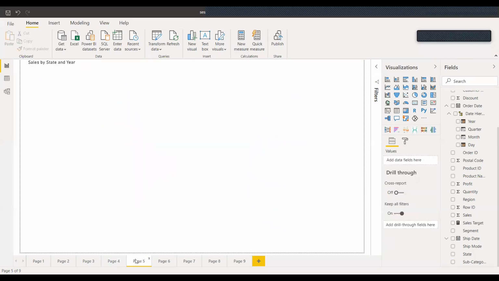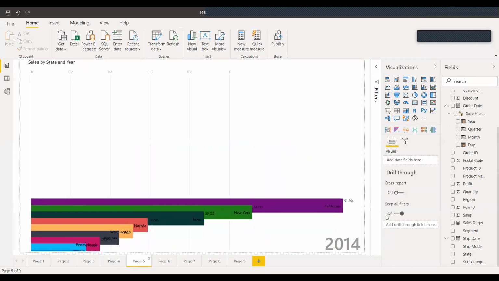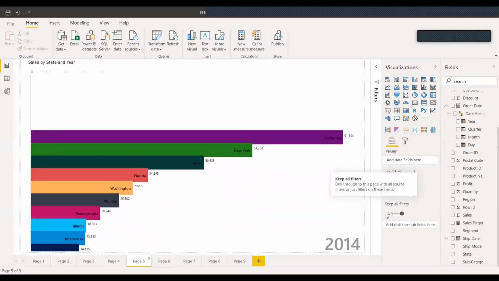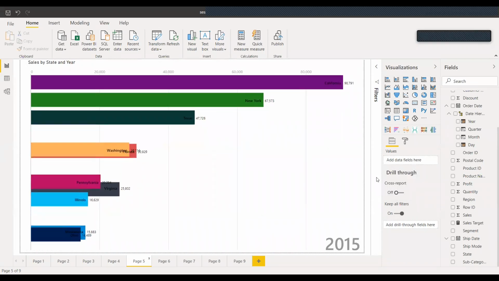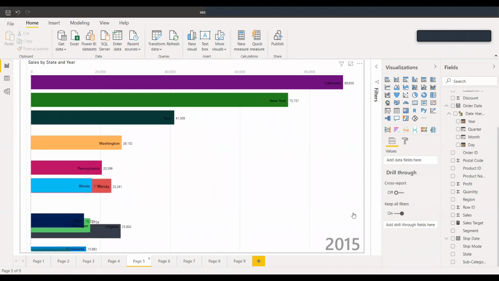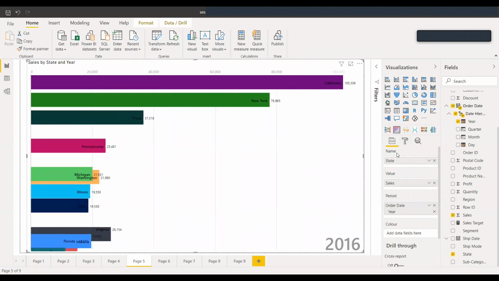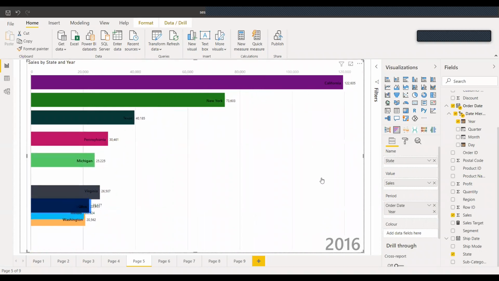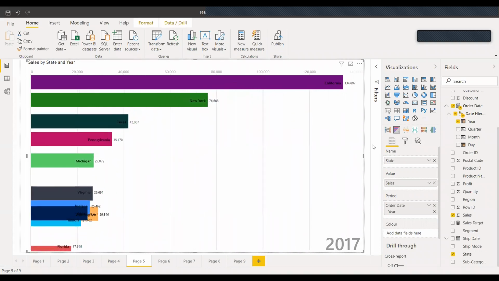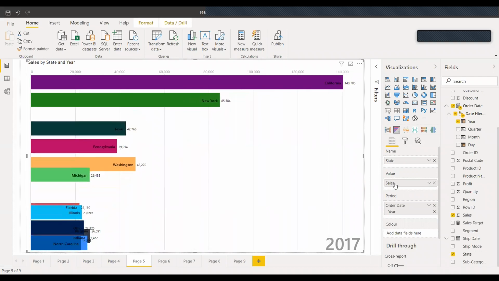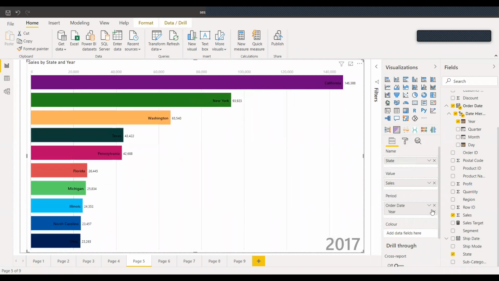So then we have this run bar chart. I think it's familiar to all. So the same for this, we just need to decide the name, basically the axis. Like I've chosen the state as my name, the value I've taken as sales, and the period. The period here also I have taken the hierarchical date. If you want, you can take the exact date, and this period will run on that exact date.